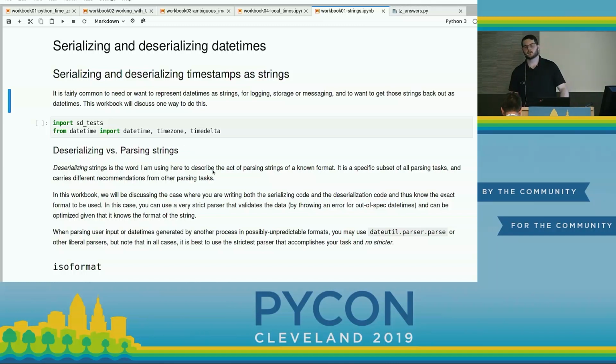So I have a couple workbooks on here. The second two are probably going to have to be self-paced. But this is a fairly common operation that you're going to do, right? Because you need to represent your datetimes in some format that's either going to be independent of programming language, or you're going to have to transmit it to something that you really shouldn't be transmitting, like Python binary objects, or